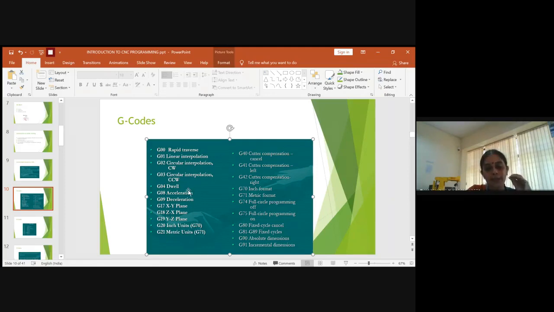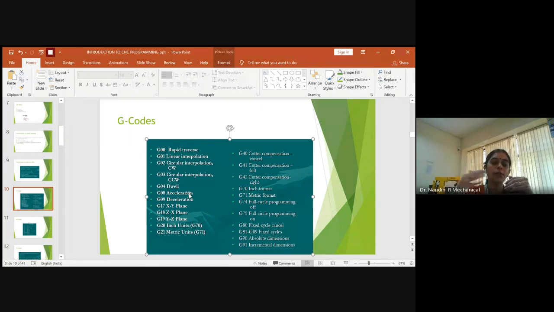And one more thing is the dwell time. If you do any operation, sometimes you need to give a soaking time or dwell time. It might be like 2-3 minutes or sometimes 10-15 minutes. Depending upon the operation you're doing, the tool you are using and the material of the part, you can think about providing the dwell time, because a dwell time should not be very big or very small.